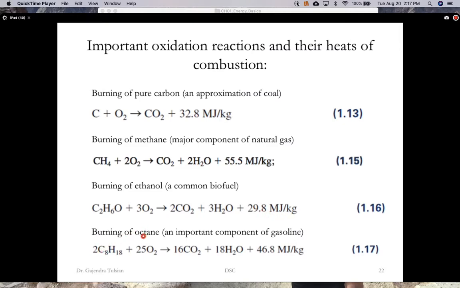When you burn gasoline, burning octane, a hydrocarbon whose name comes from the fact that it has 8 carbon atoms, and which is the most important component of gasoline, you get 47 megajoules per kg. So gasoline is a good fuel, except that the problem is